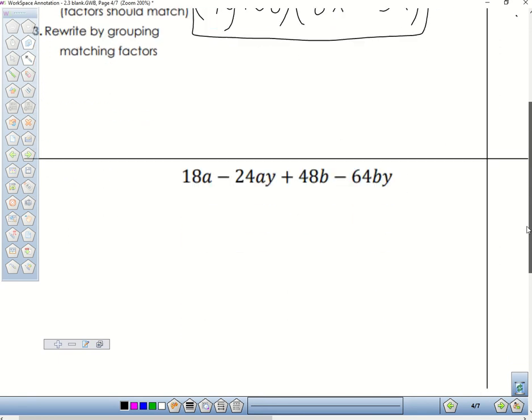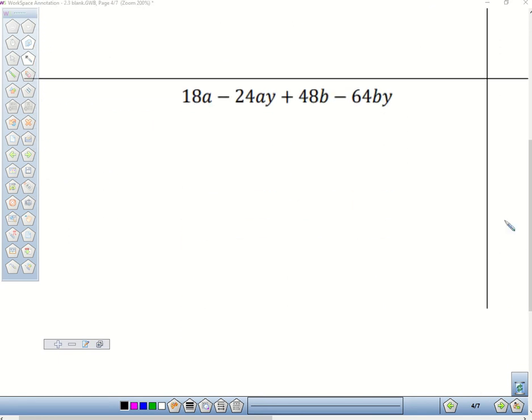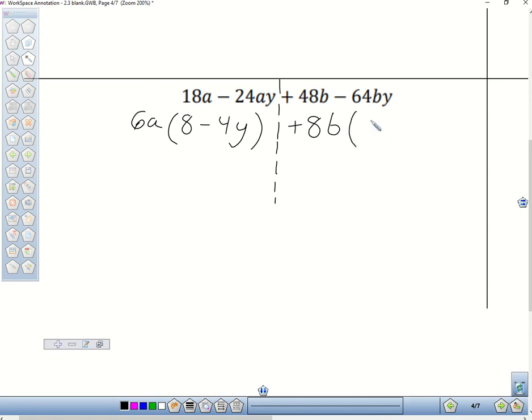Alright, so let's try this one down here. If I split it down the middle, what can I factor out on the left? Good, 6a. And that leaves me with 3. Good. And what about on this side? Good. I can factor out a positive 8b. It's helpful when you factor out, in this case, that you put a positive sign there. Thank you. And that's going to leave me with 6